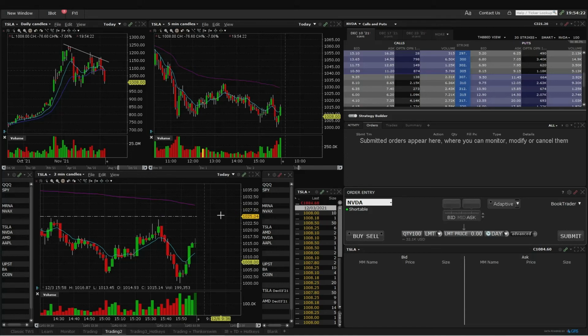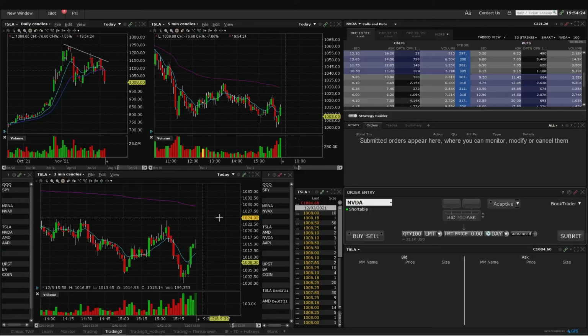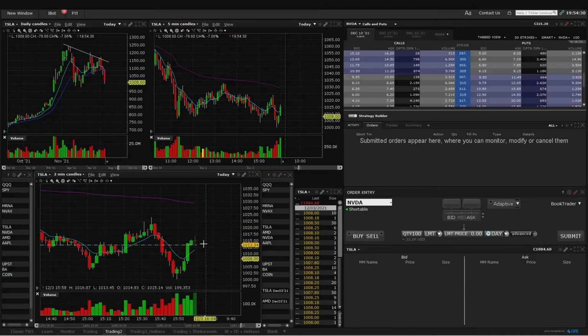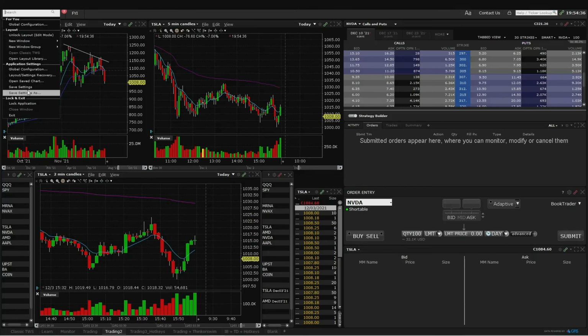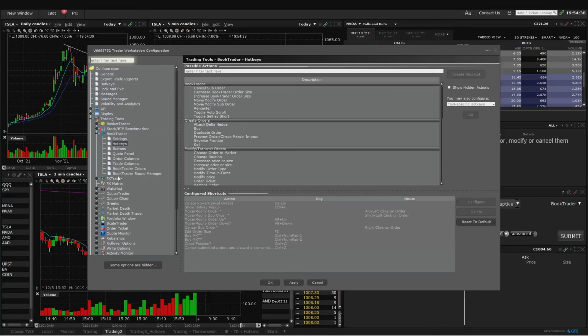And chart trader is something I never tried, but I did some research. It's similar to what you have for book trader, but you can click on the chart directly. If you are entering based upon the chart, you can click on the chart. And if you set up hotkeys in your global configuration for chart trader, you need to go to